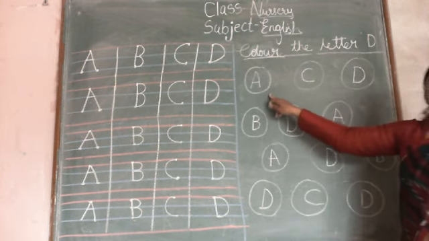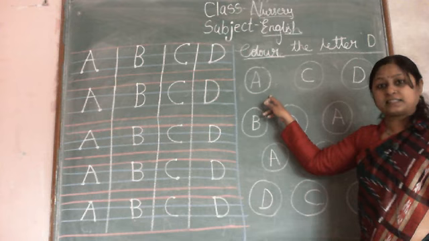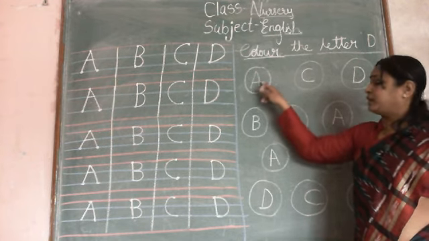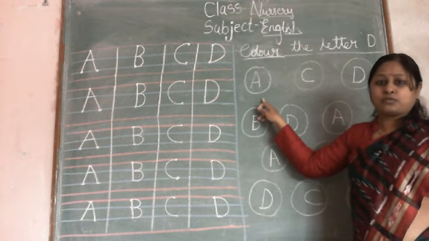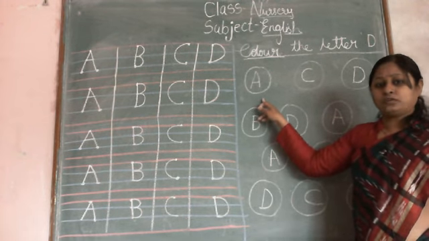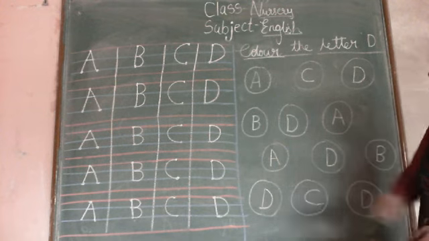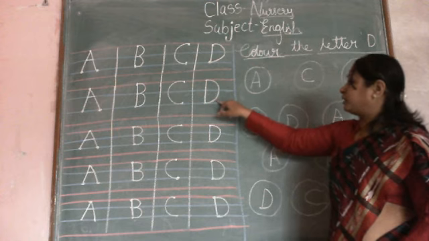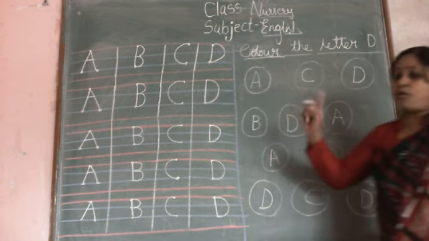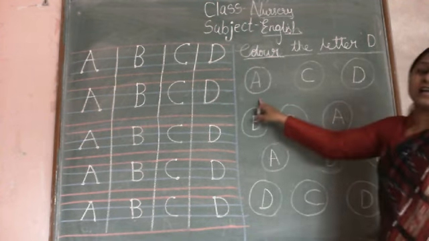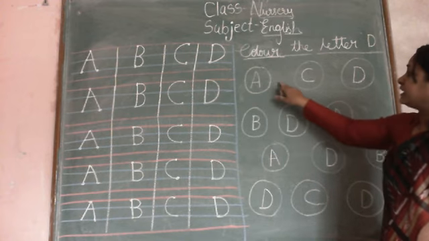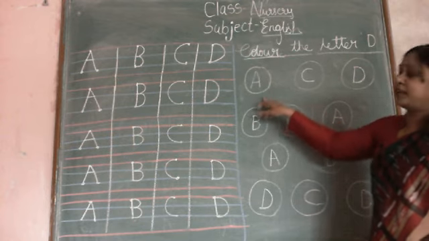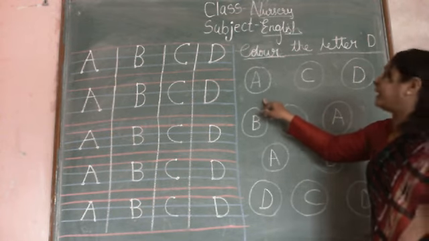Look here. Which letter is this? This is letter A. Look here, slanting line and sleeping line. So this is letter D? No. So you will color it? No. How is letter D? D is like this. Standing line and curve. So these both letters are same? No. This letter and this letter are different. D is like standing line and then curve. So we will color this letter? No. This letter is A.